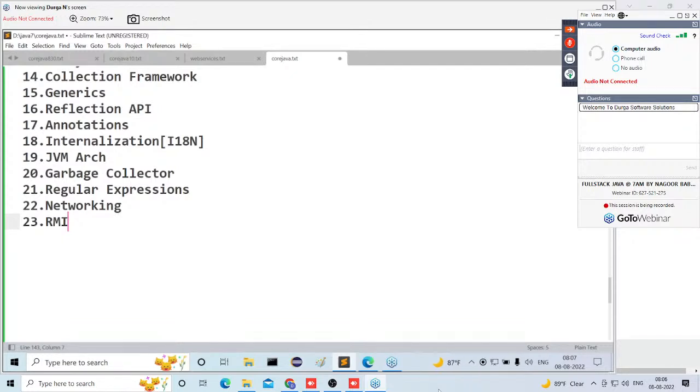But what is the basic idea of this RMI? Observe carefully. For example, this is my single computer. In this computer, I have written a class. Inside this class, I have written a method. That class I have written inside this computer. In the same computer, in the same location, I can create an object for the respective class and I can access that method. Am I right or not? Here in our computer, I declared a class, and inside the class, a method. In the same computer, I can create an object for the class and I can access the method.